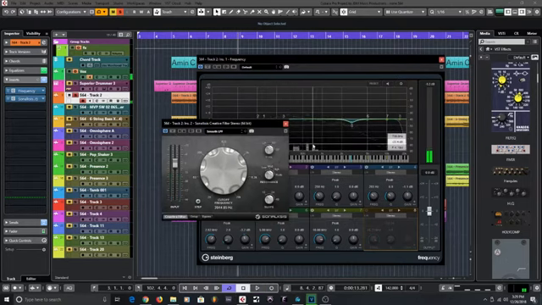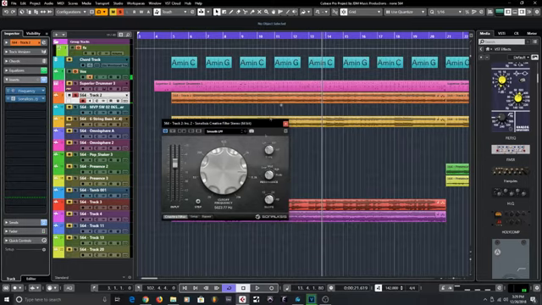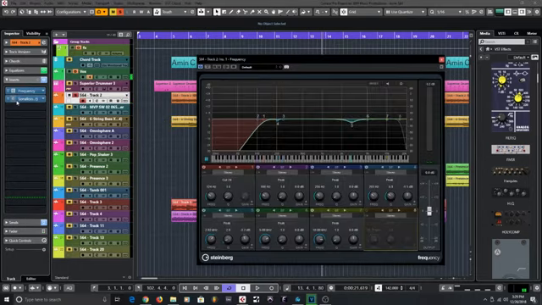But the idea is, if you cut off a lot of frequencies, at the end of the day it's gonna sound like you used way too many filters. So the idea is to use filters where it needs them. I think I'm using the filter about here. So again, removing the bass and the bad frequencies.